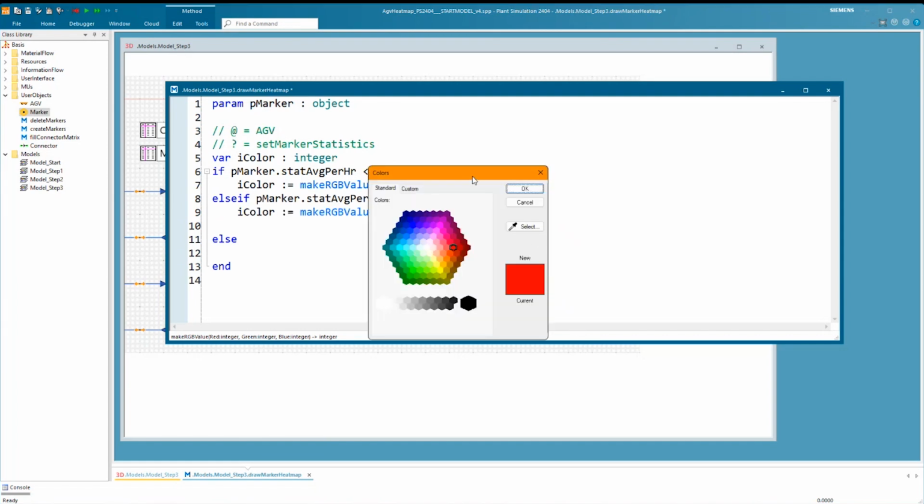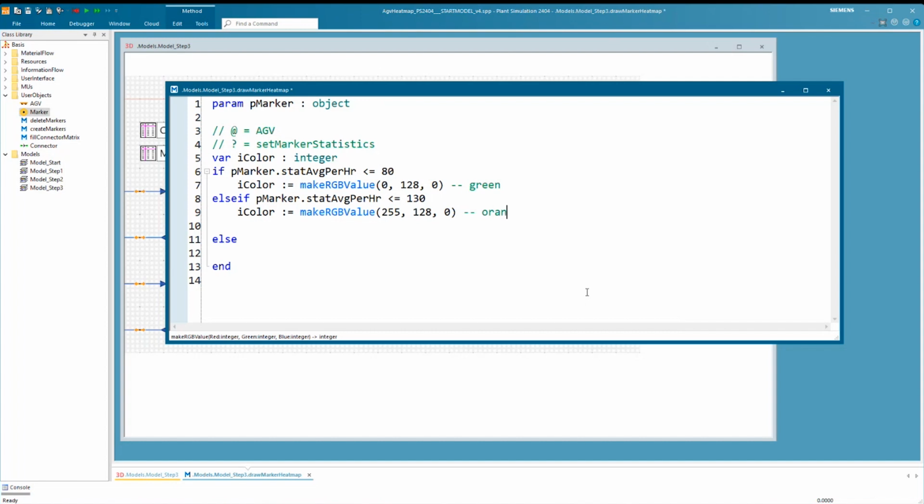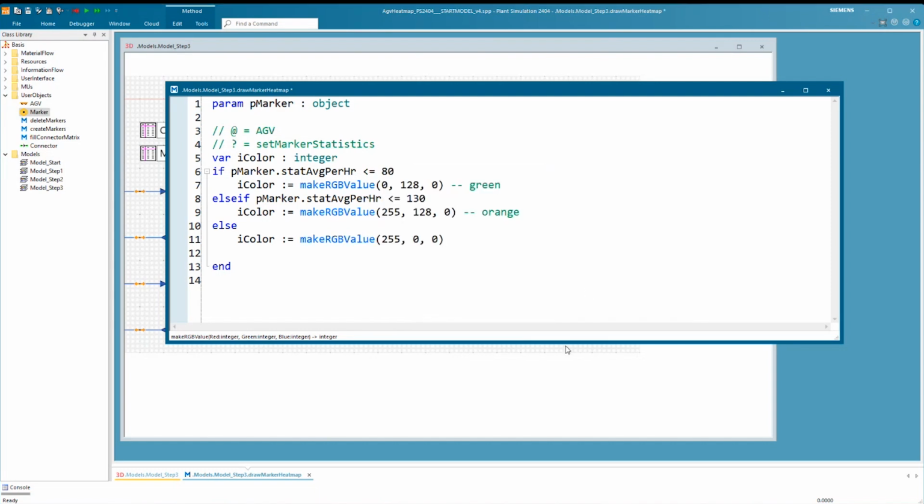And if it's more than 80 but less than 130, then I want to use something orange. And if it's more than 130, I'm using red.